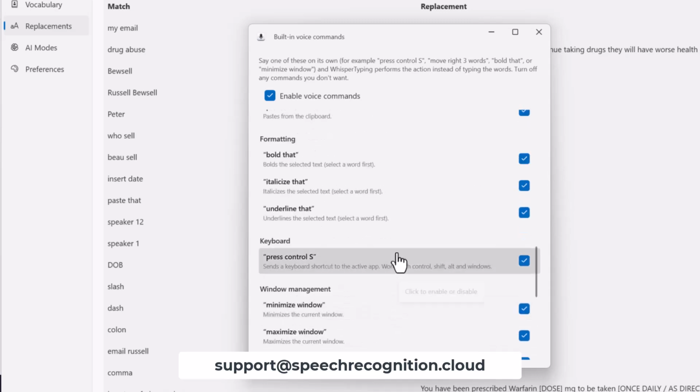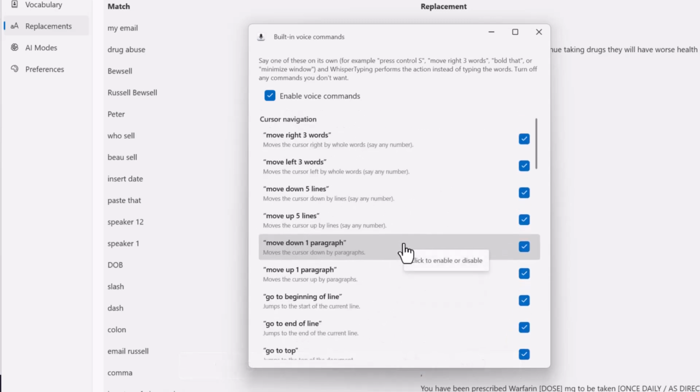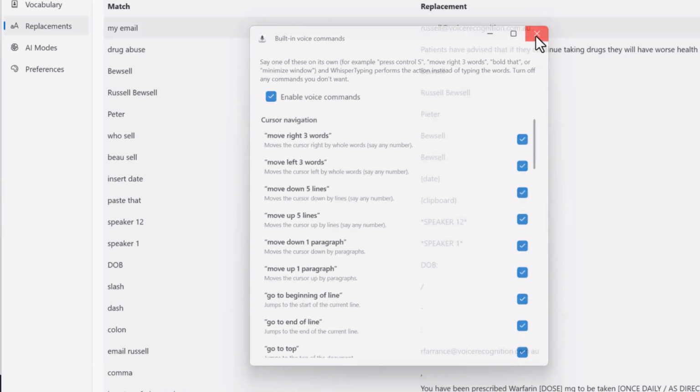support@speechrecognition.cloud with your suggestions. Even a few carefully chosen entries and text replacements could make your everyday dictation faster, easier,